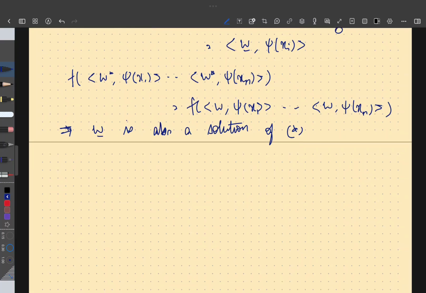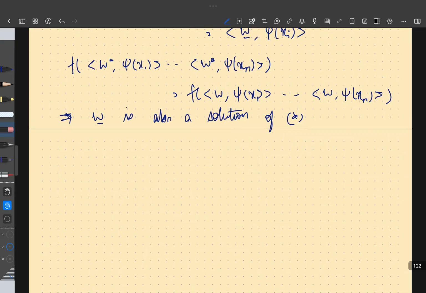All right. So that's one thing, that's finding the solution, finding W. The second is, suppose that we somehow found W. We solved the optimization problem and found W. Then what is h of x going to be equal to? It's basically indicator that the inner product between W and psi of x is greater than or equal to,